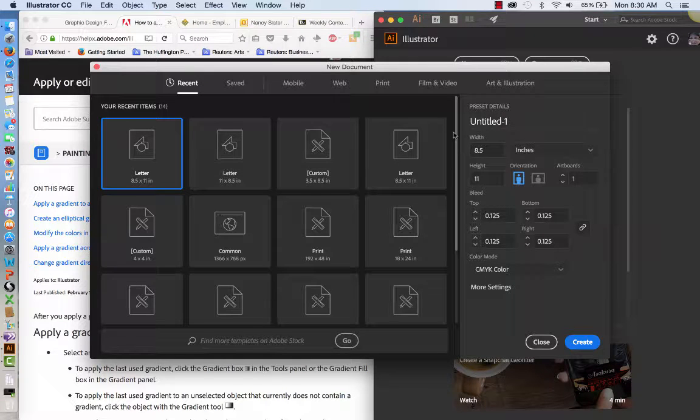Good morning. This morning we are going to work with the gradient tool. This is another way of applying color in Illustrator. It's been around for a long time and there's been few changes, but not a tremendous amount. But the first thing that we're going to do is to work with